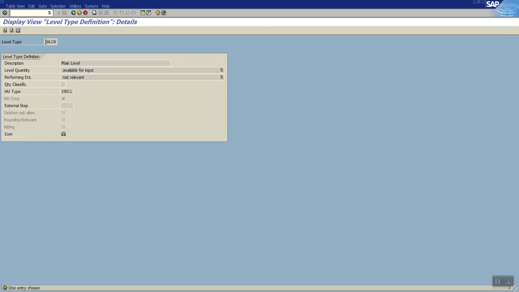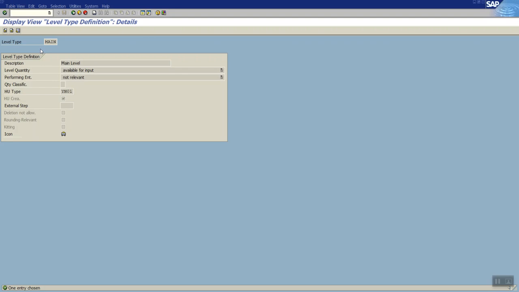So if we go into the level type, the level type basically says what kind of packaging it is, a main packaging material, or under the main packaging material we may have other dependent packaging materials needed to pack that product. So on the pallet we may need to also use different auxiliary materials or other kinds of packaging materials for packing one particular product on the pallet.